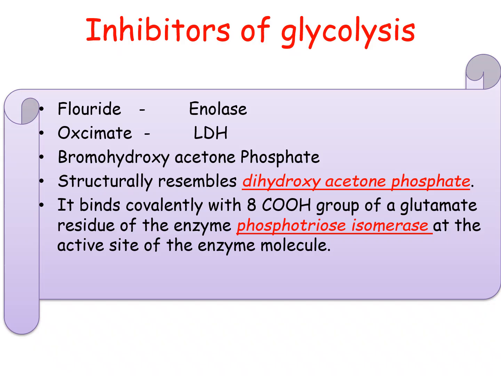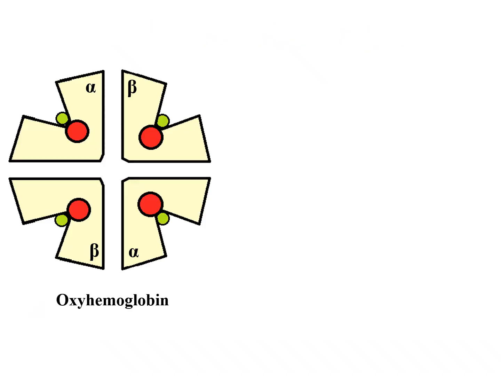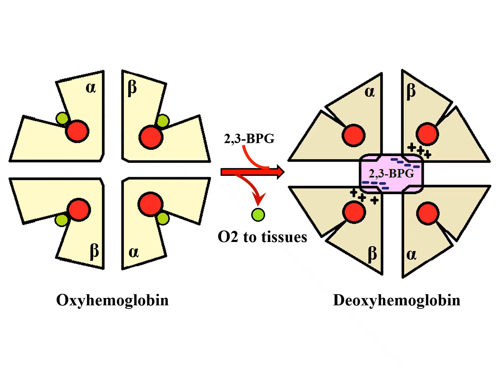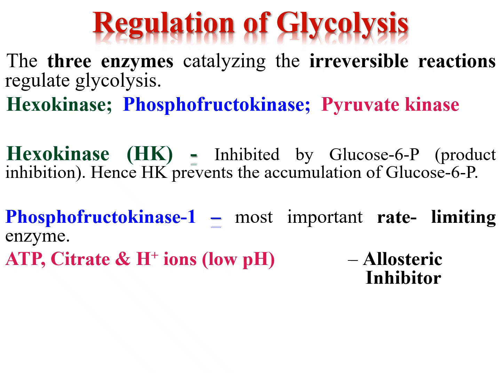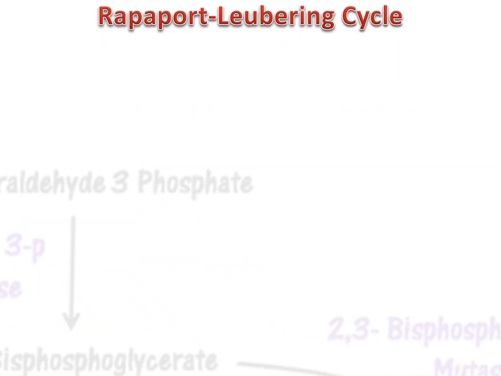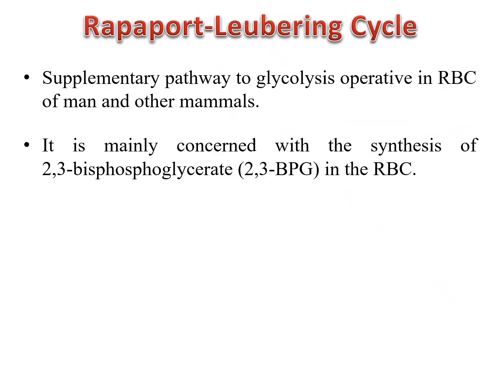Next, significance. The main important thing is energy production. In muscle cells, glycolysis provides energy even under oxygen deficient conditions. In erythrocytes and lens, anaerobic glycolysis is the only pathway that provides energy, as these cells lack mitochondria, because TCA cycle and beta oxidation, the two major pathways that provide energy, take place in mitochondria.